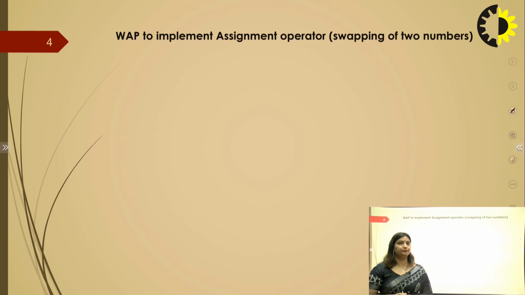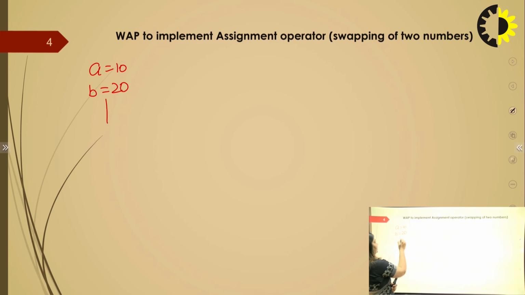If we have taken a is equal to 10 and b is equal to 20, after swapping we want a to become 20 and b to become 10.